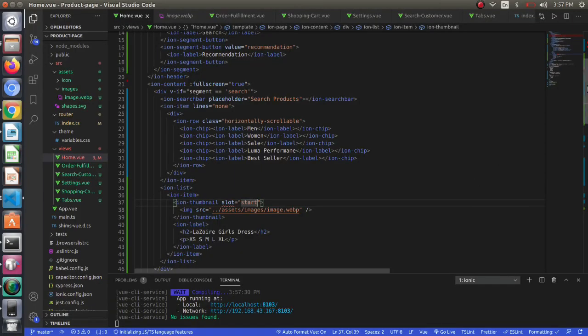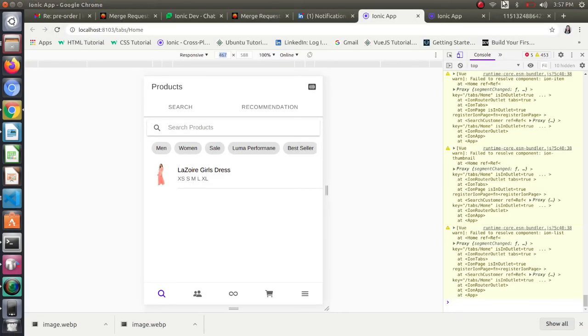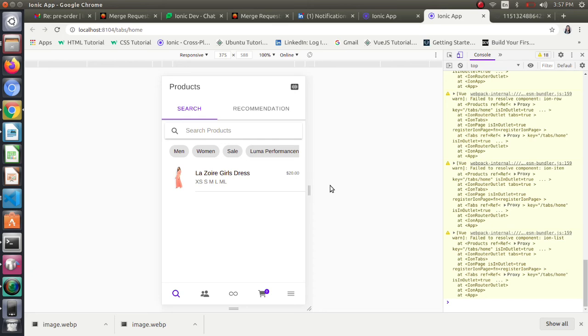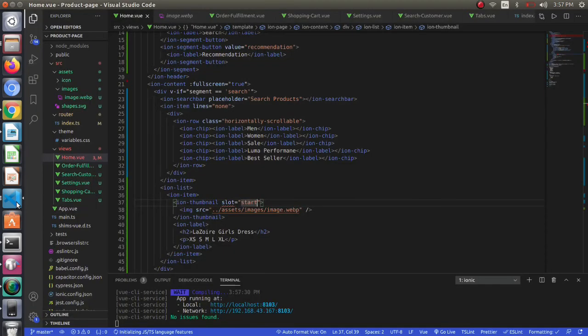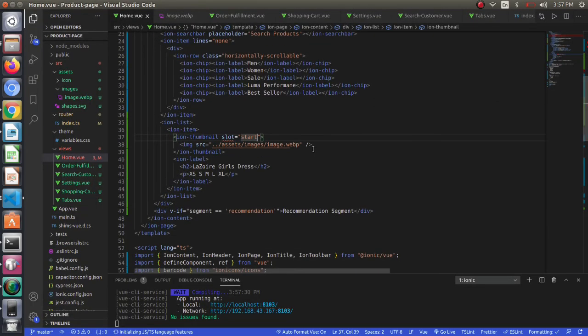So for our product price, we want metadata text having a light gray shade. This we can do through ion-note. Ion-note is generally used in subtitles and for metadata text, and it is a lighter gray in shade. So I will be using that.